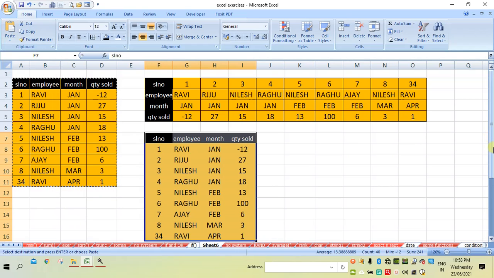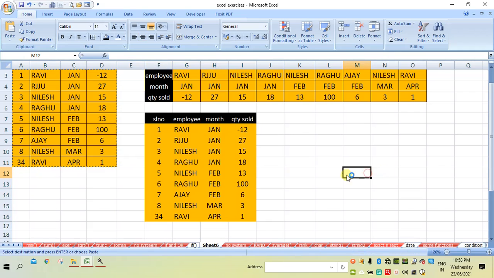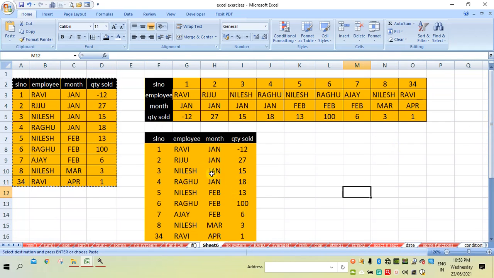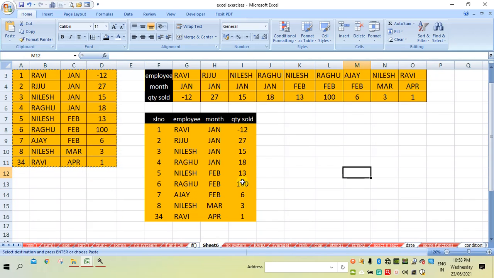Here you can see this is a table similar to this, but every data is copied with no borders. So this is how we can use another paste option.